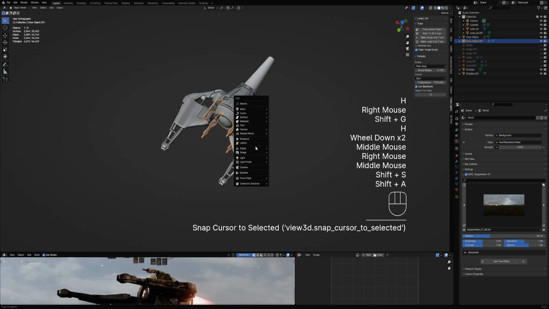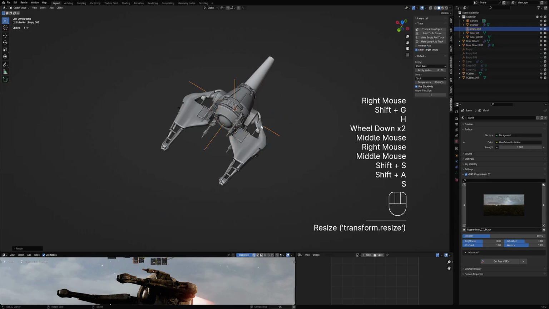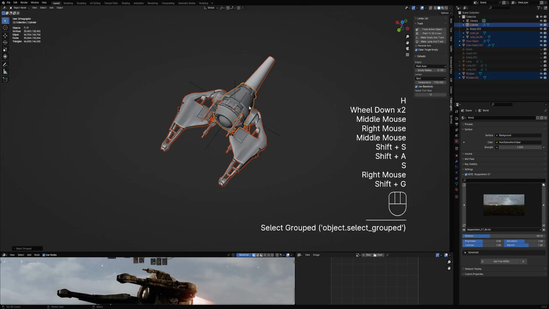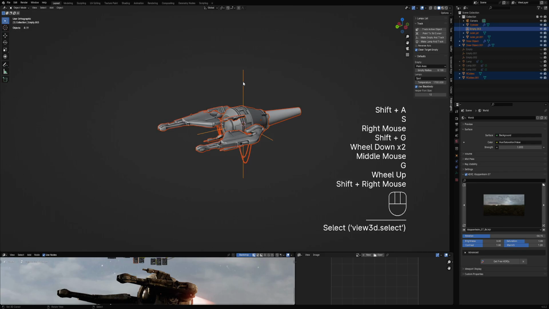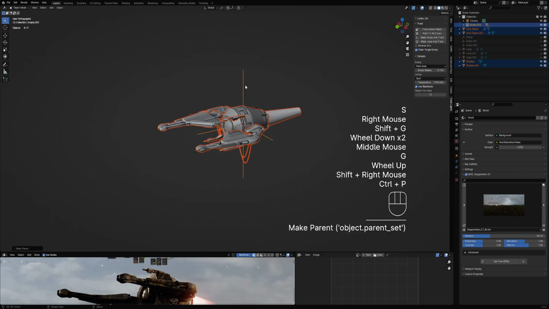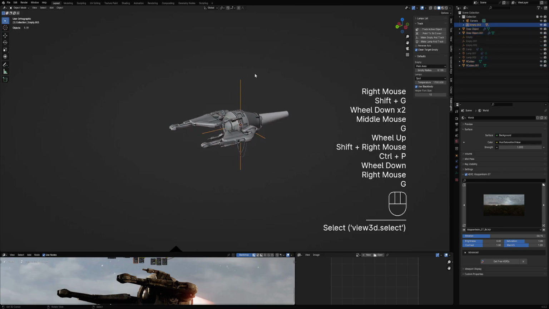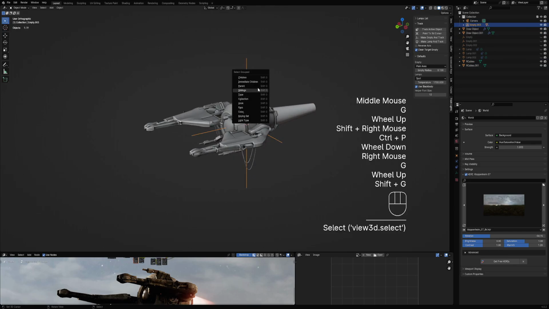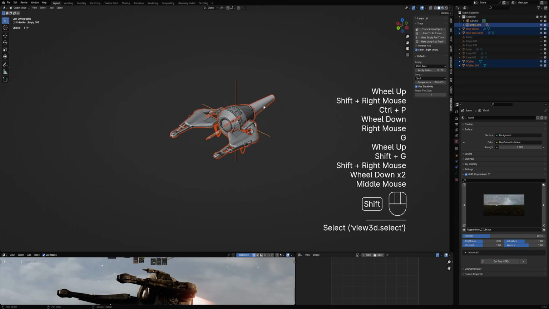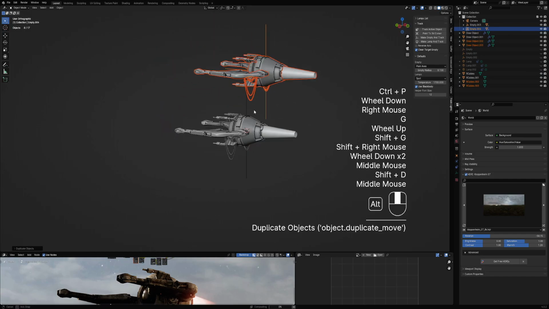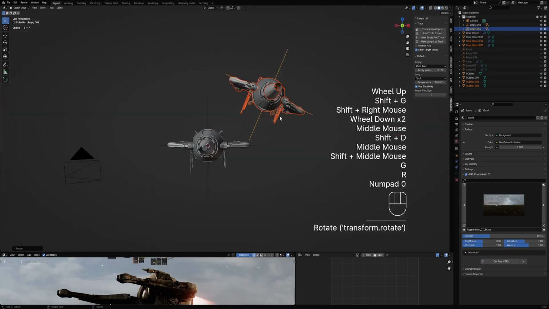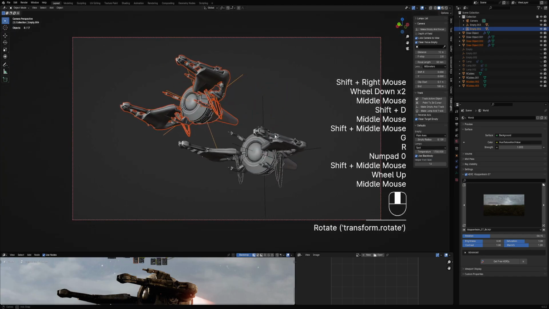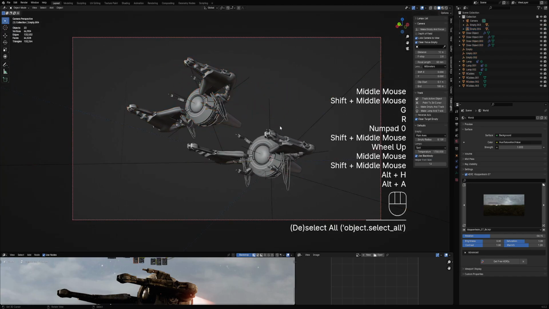Cursor selected, create an empty, and select all the meshes. Make sure they're open. Parent, all right. Shift G, immediate children, duplicate. Surprised how light this is. Okay. Alt H to bring up the